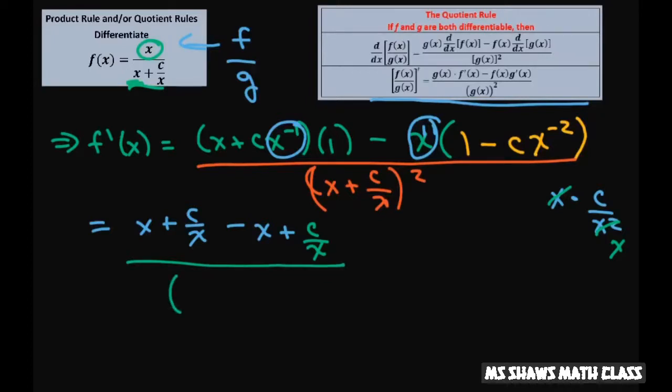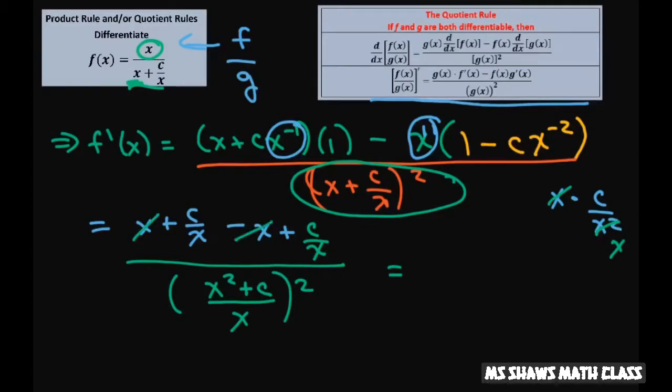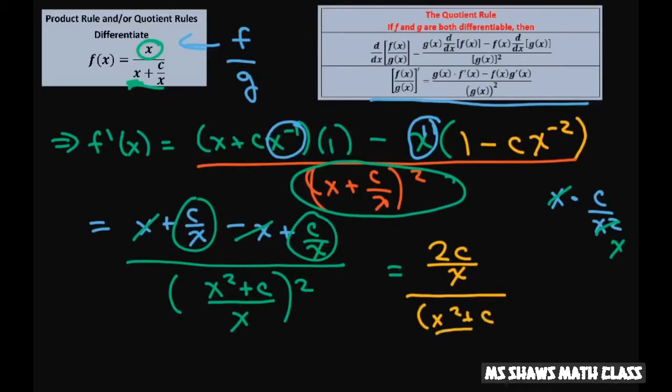let's see, x. Let's do a common denominator here. The common denominator is going to be x. So this is going to be x squared plus c squared. So I just rewrote this with the common denominator as x. Now, cleaning up our numerator, our x's cancel, and we have 2 of these. So we can write this as 2c divided by x. And then that's going to be divided by x squared plus c divided by x